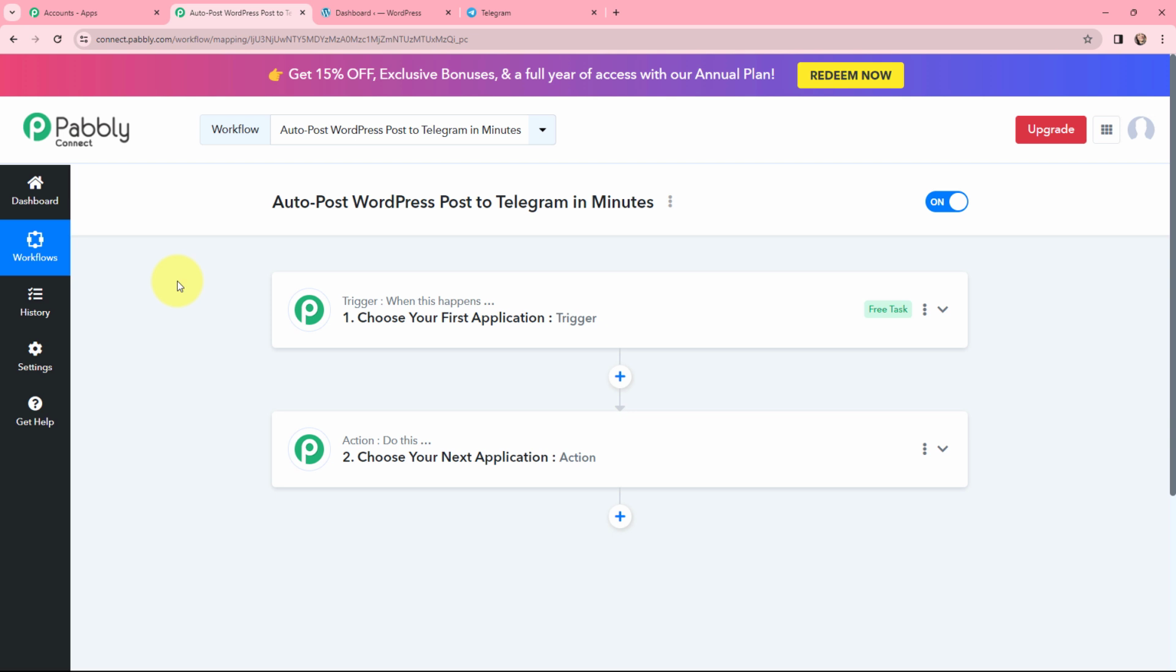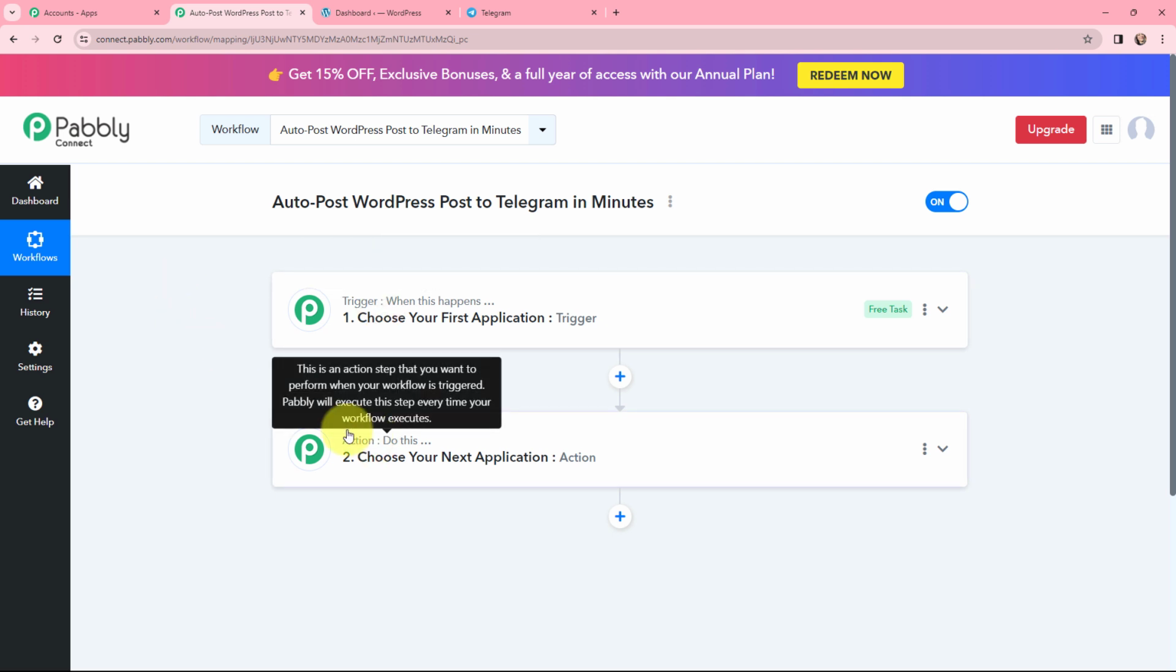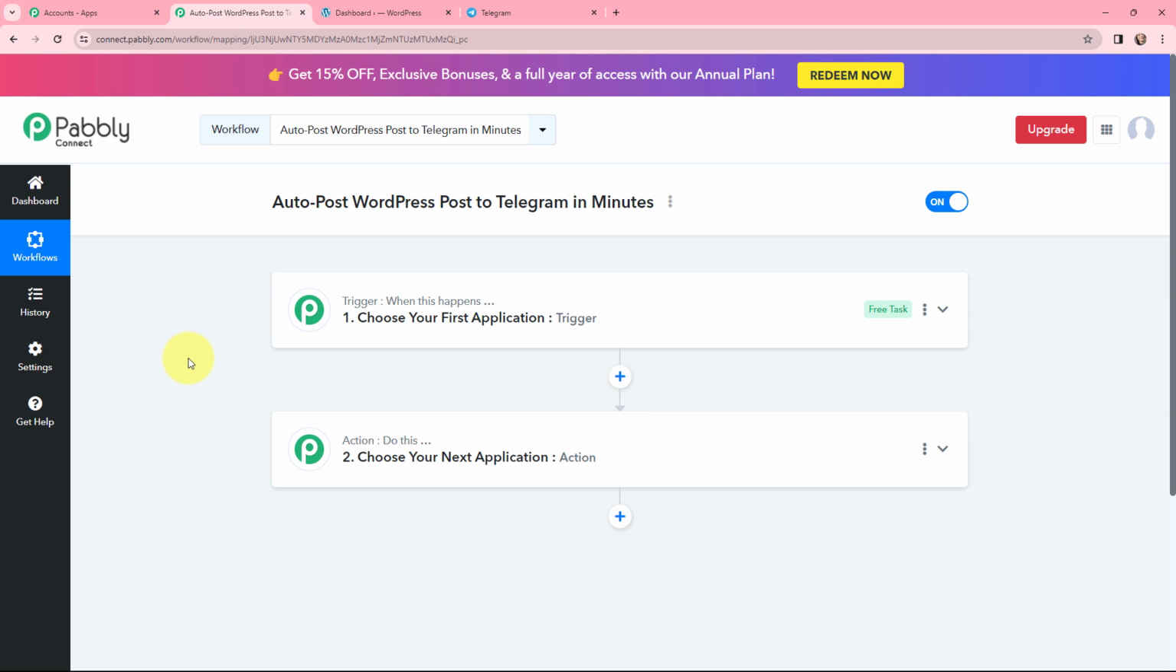So as I did that, now I have arrived on a very important window which consists of trigger and action. Basically, trigger and action are the two most important principles or concepts of Pabbly Connect on which this entire automation and integration will depend. Trigger says when this happens, action says do this. Basically, action is an automated response of your trigger application, and in a workflow, you can only have one trigger but multiple action application. So now moving to my use case, that is to auto post WordPress post to Telegram